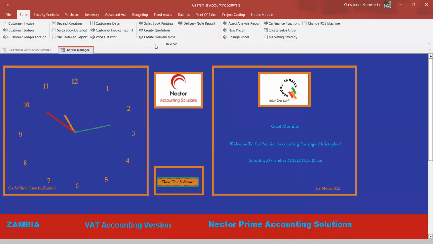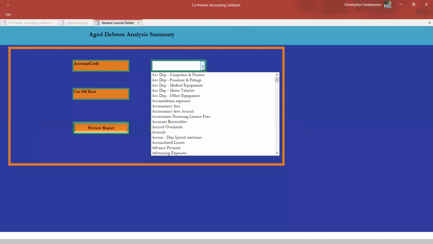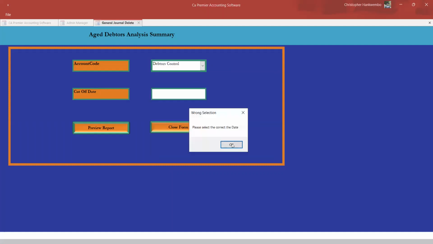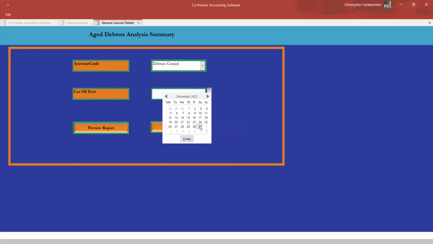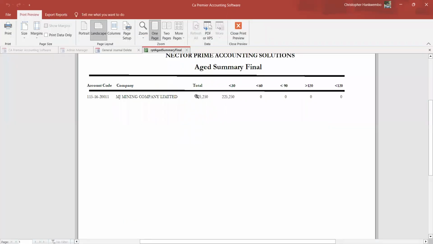Then after that, it won't just end there. Then there will be this one here, aging. It will do aging for the group now, because I'm sure you will have sold to maybe Rubambe, Sanshi, Karumbira, like that. It will come here and list all the data. Let me select the date here; that's why it's complaining. So when you do it like this, it will now do the aging. Have you seen that now?